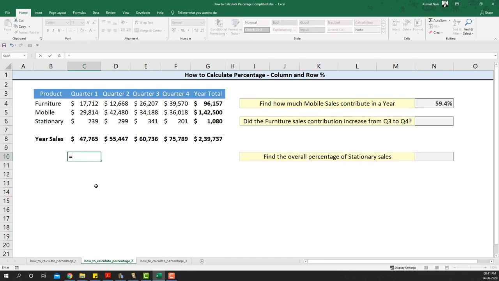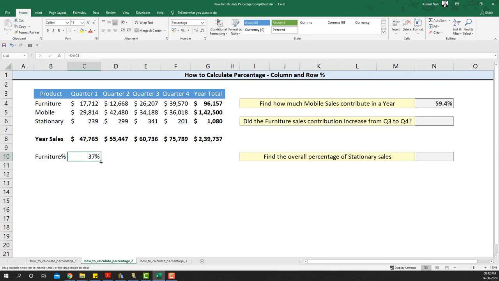The column percentage of furniture sales is going to be C4 divided by the yearly sales that particular shop did. If I press enter, in quarter 1, out of 47,765, 37%, that is 17,712, is furniture. So I can safely name this furniture percentage.